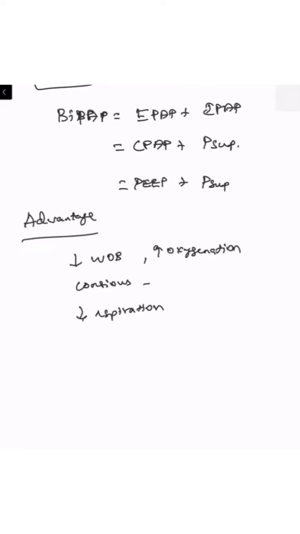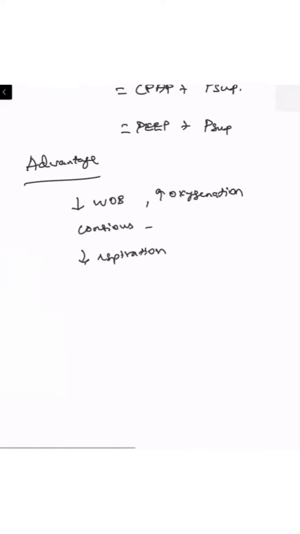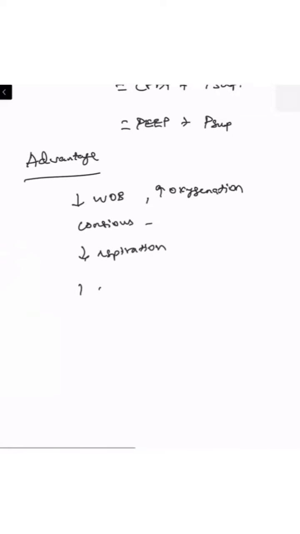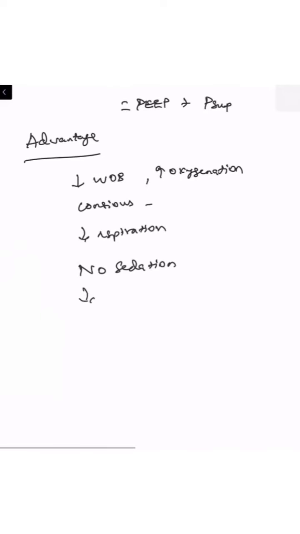But compared to normal patients, we do have some amount of aspiration risk with CPAP machines, and there is no need of sedation for the patients. So you don't need to worry about giving atracurium or some continuous sedation for these patients to maintain the CPAP. And there will be reduced trauma to the respiratory system, because mechanical ventilation is always artificial, but with CPAP we are introducing nothing into the respiratory system, so we are reducing the trauma.